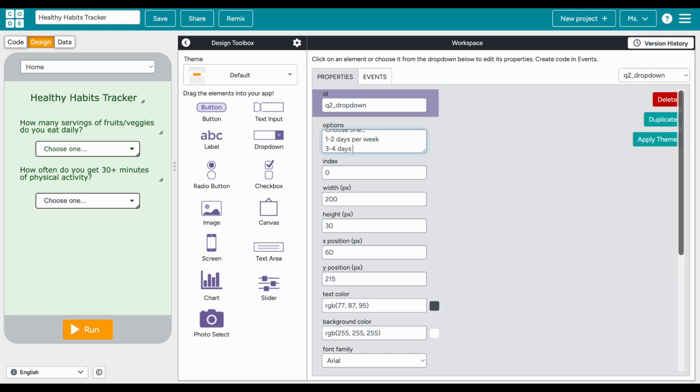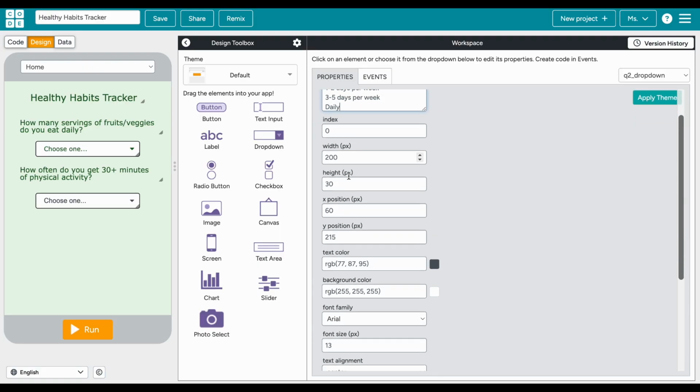Then next, 3 to 5 days per week. And then our last option will be daily. Now let's